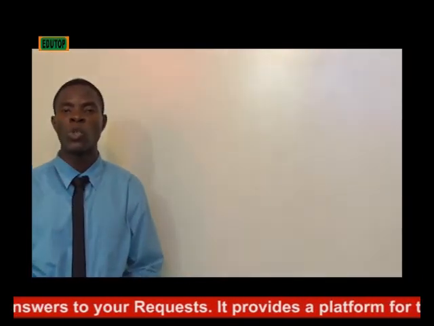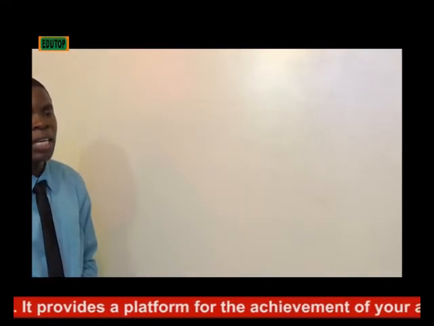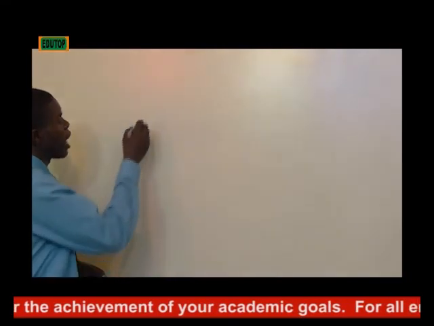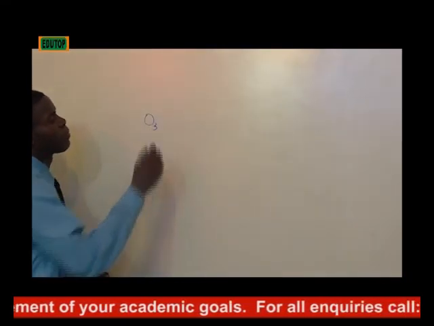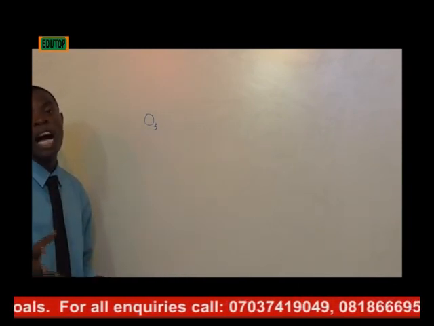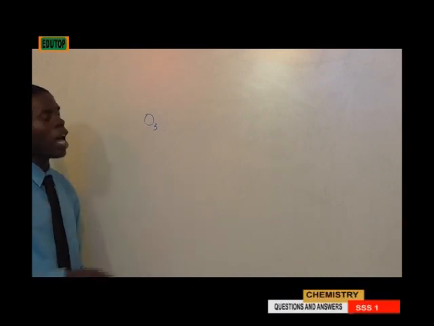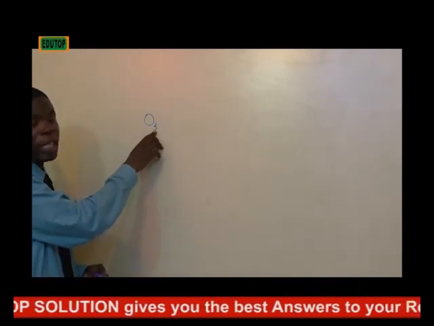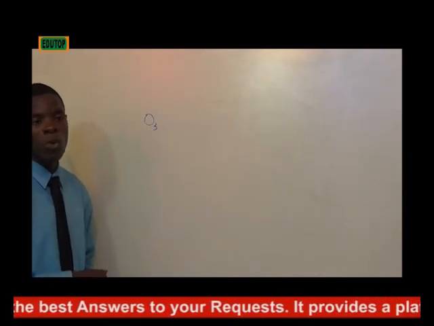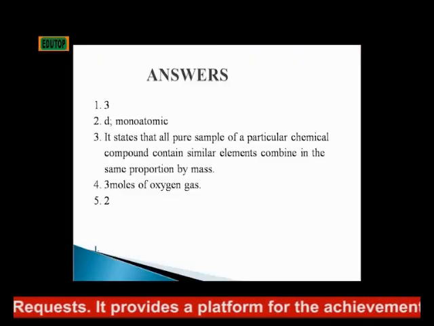The following are the solutions to these questions. Number 1. What is the atomicity of ozone? Ozone has the formula O3. From this formula, atomicity is the number of atoms present in 1 mole of an element. And if you look at what you have here, you will see that you have 3 atoms of this particular element, oxygen, making it ozone. So, therefore, the answer to question 1 is 3, because